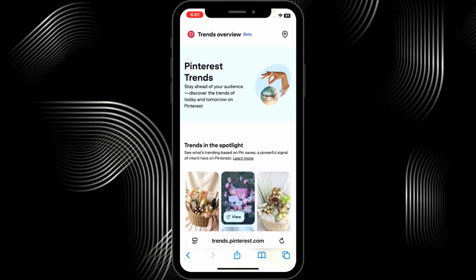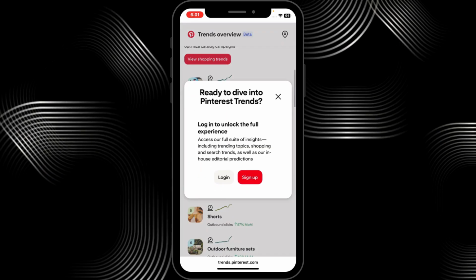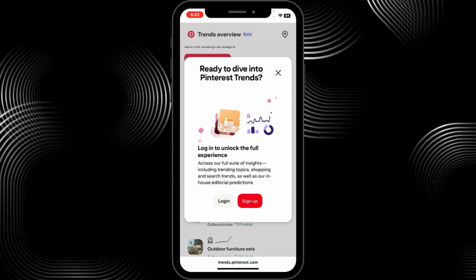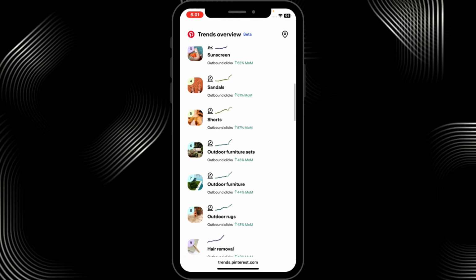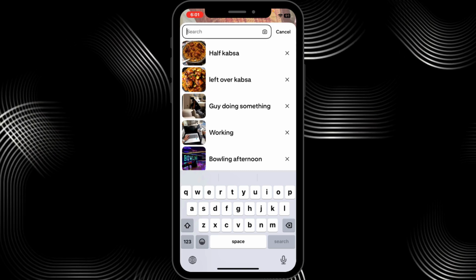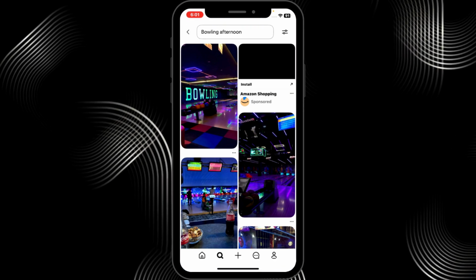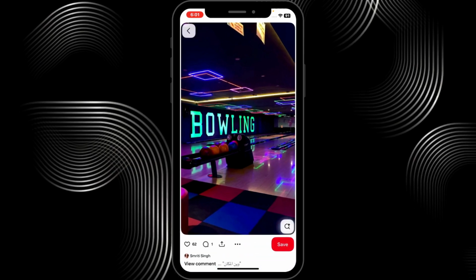So you can see here, this is the trend: watering and irrigation. If you want to know more, you can just go ahead and log in or sign up. Or you can use the already built-in search in Pinterest and just search for your niche. You're going to find the trending Pinterest